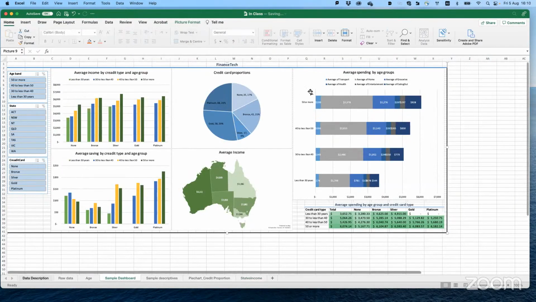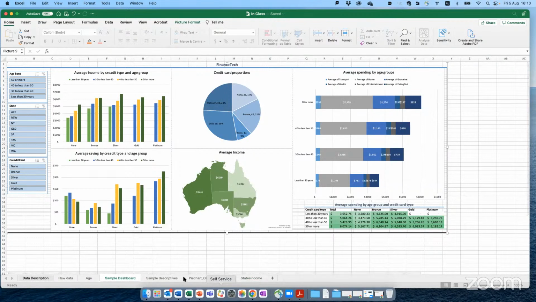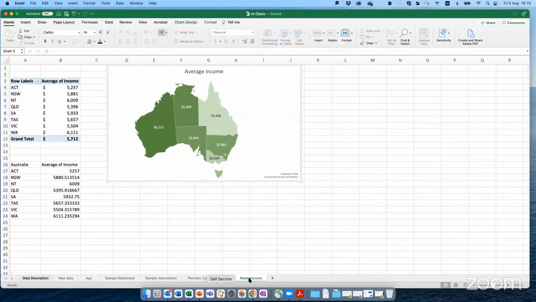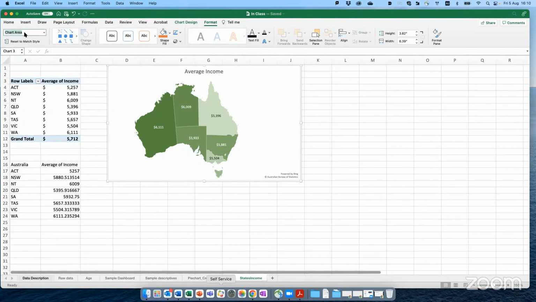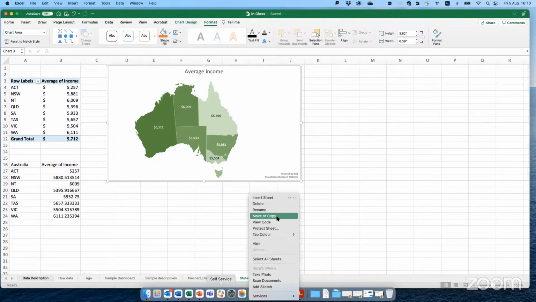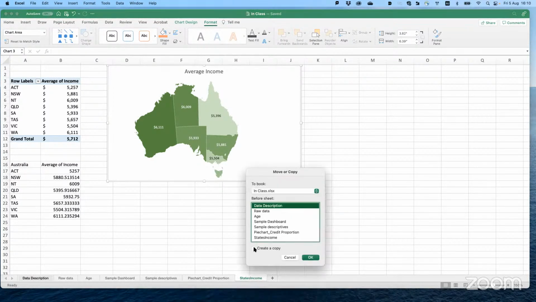So let's go. We have these two. Let's create this one. It is average income by credit type and age group. So again, let's change the name as well. Chart Design, go to Format, states income. So we have everything named when we want to. So now let me create a copy, move to end,